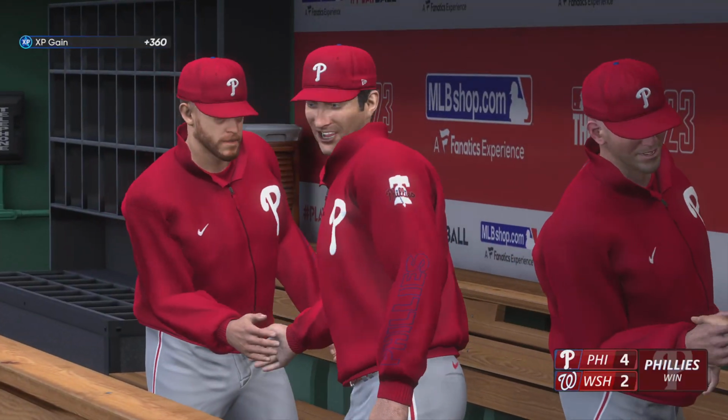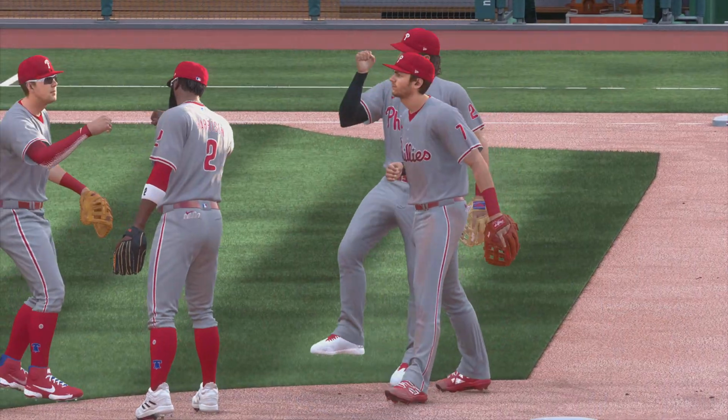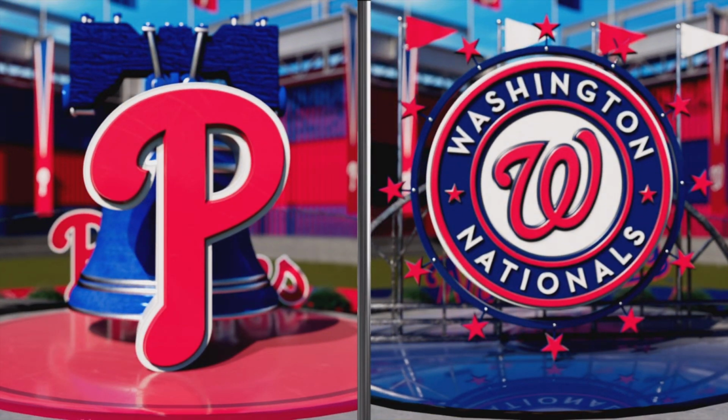And the Phillies take the first 2 games of this series on the road. These guys have won the series with the win in this game today, so